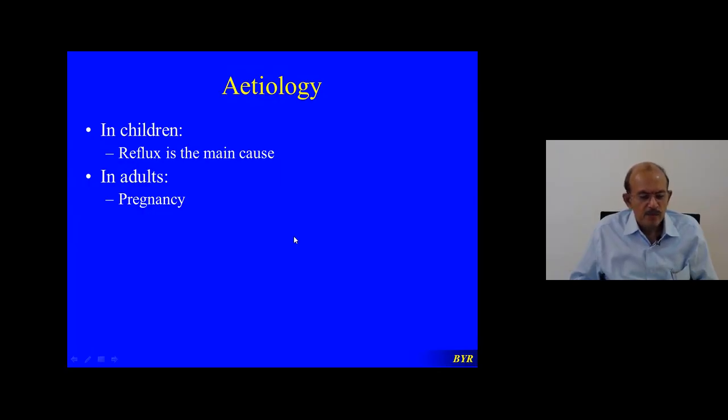Yesterday I told you why pregnant women are more prone to get urinary tract infections. No, don't throw stones. I will tell the answer. In pregnancy, due to increased levels of progesterone, there will be dilatation of the ureters, causing hydroureters and hydronephrosis. And because of this, there will be stasis of urine. Stasis of urine always promotes infection. That is why patients will be prone to get infection during pregnancy.